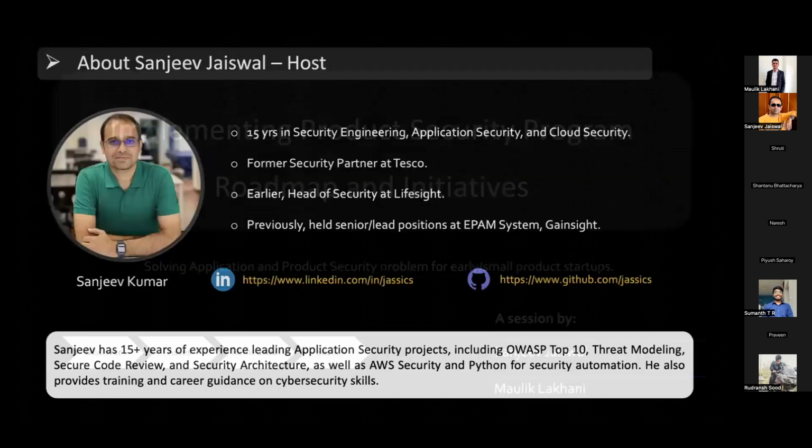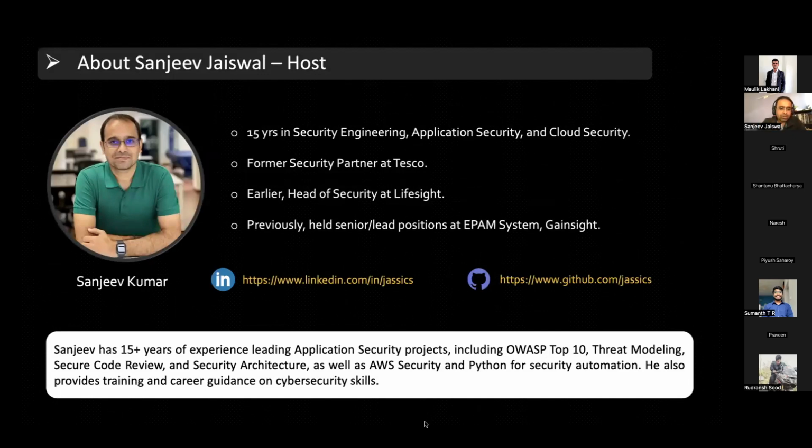Next slide, Maulik. So it's about me. I have more than 15 years of experience in different domains. I started from software development and moved to security engineering, and then have led application and cloud security teams in the past. I was head of security at LiveSite, and then was a security partner at Tesco as well.